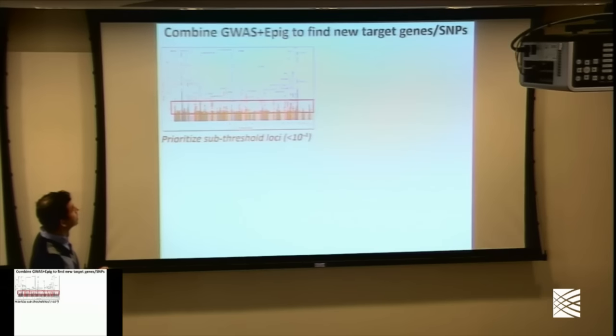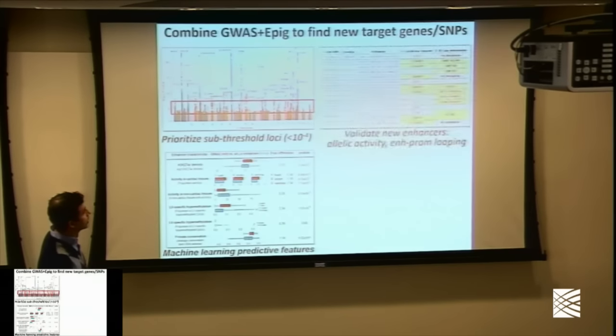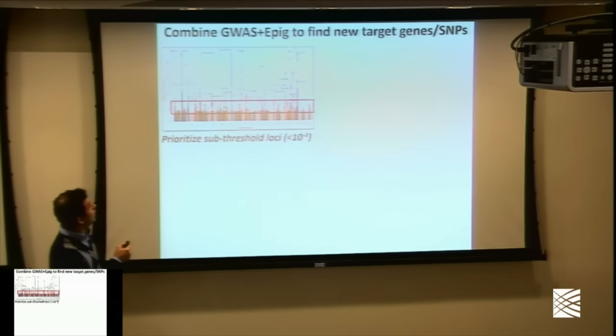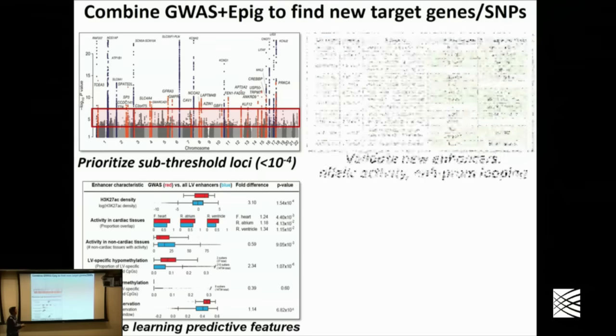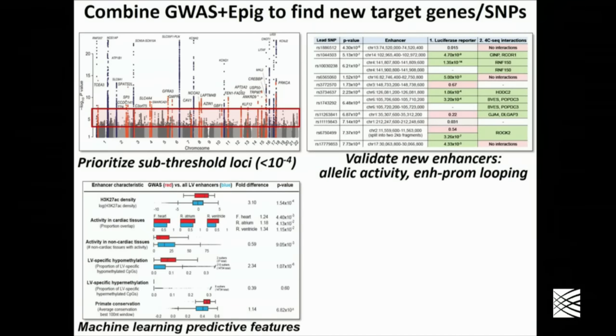So we tried this in the context of heart arrhythmia, and we went with these genome-wide significant loci that we used to train an epigenomic model that told us what are the annotations that are the most enriched, and then used these annotations to go back into this twilight zone below genome-wide significance, between 10 to the minus 4 and 10 to the minus 8, where there's all these loci that are sort of begging to become significant, many of which are wrong, some of which are right,